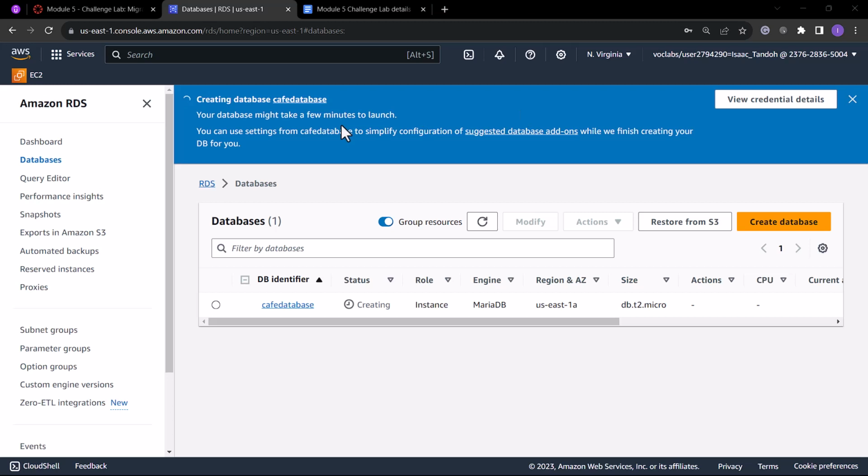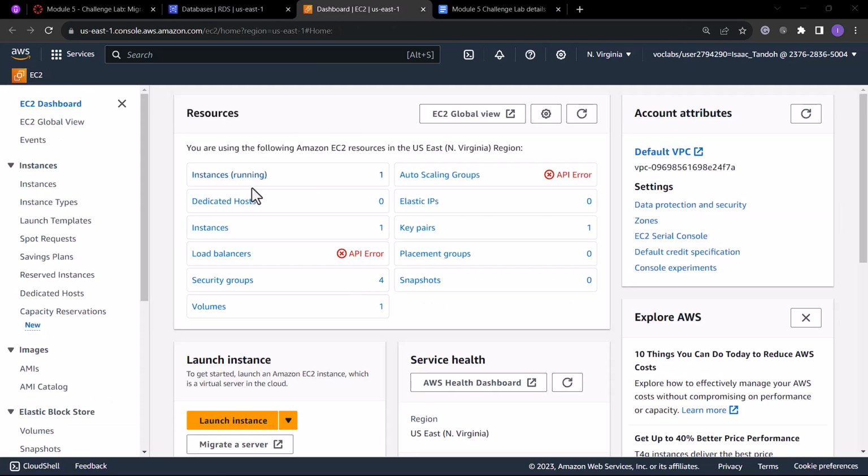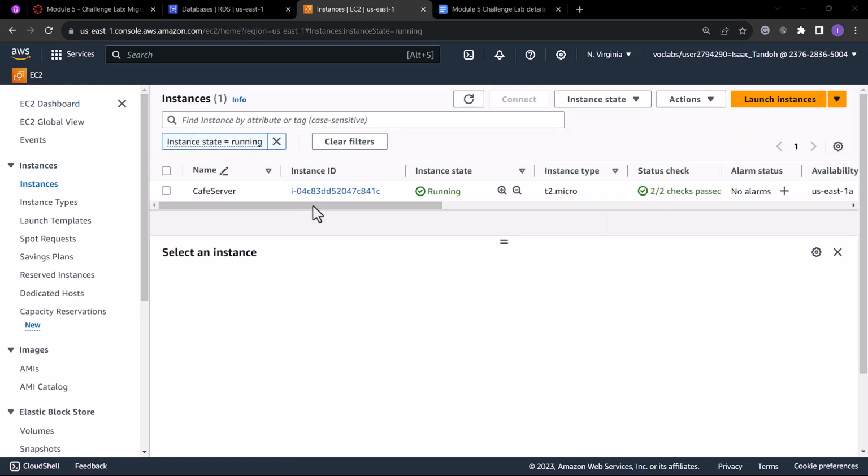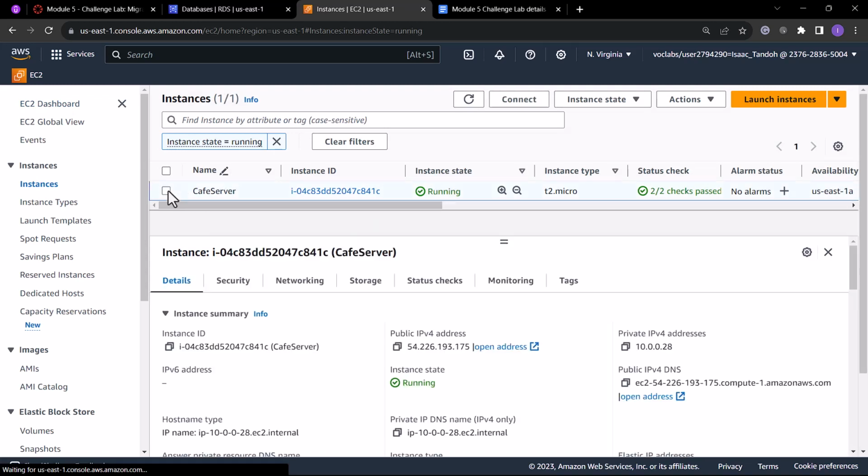I mean, if you completed the previous challenge lab, you should be able to appreciate what we are coming to do. So I'll open my EC2 instance in another tab and I'll navigate to my running instances, right? So I'll click on this one. Here, I am just trying to appreciate what we already have. So I'll select my Caffe server and I'll copy the public IPv4 address,